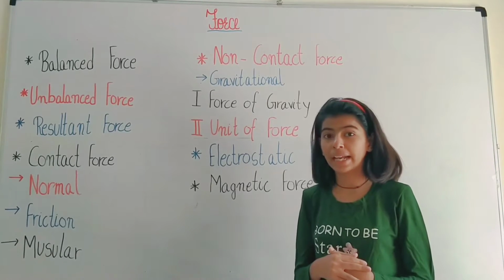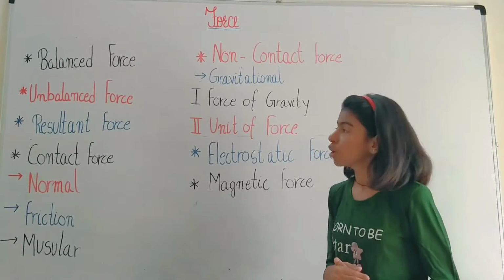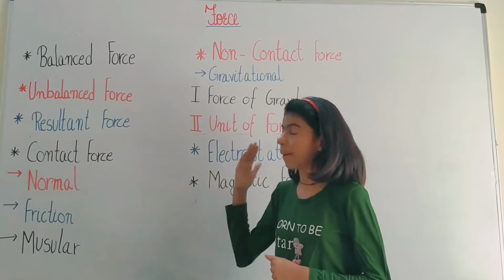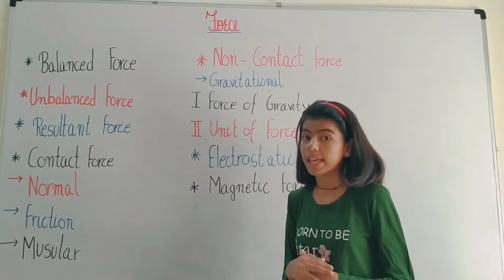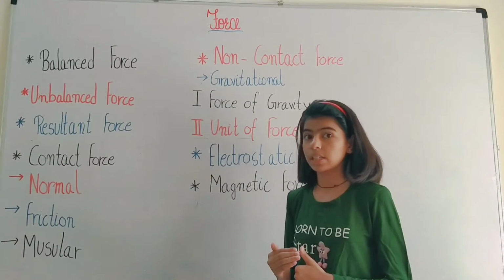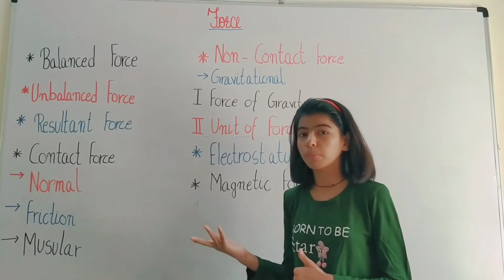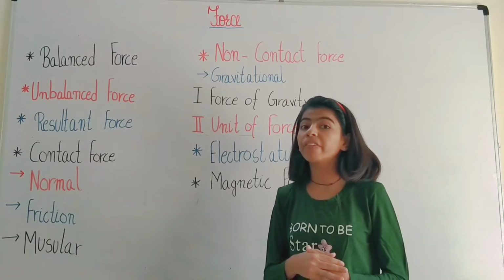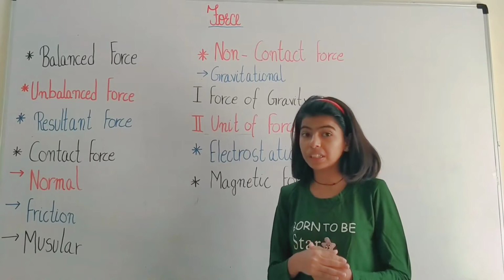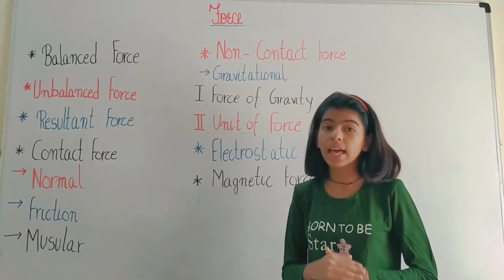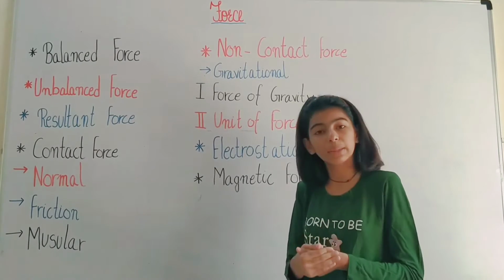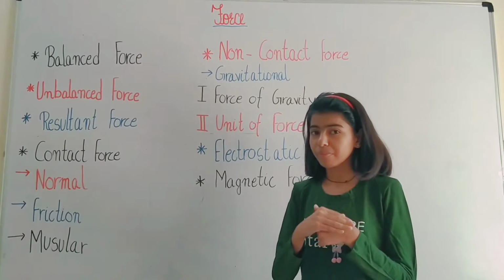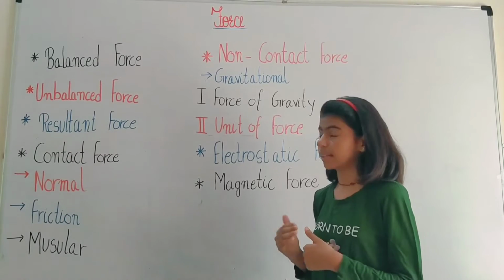Another example is a book resting on a table. So now unbalanced force. As the name suggests, the unbalanced force is opposite to the balanced force. That is, if a number of forces acting on an object produce a change in rest, velocity or motion, we call it the unbalanced force. Example is a briefcase released from a person's hands. The person stops applying force on the briefcase, hence it falls down and becomes unbalanced force and makes the change in the rest, that is unbalanced force.